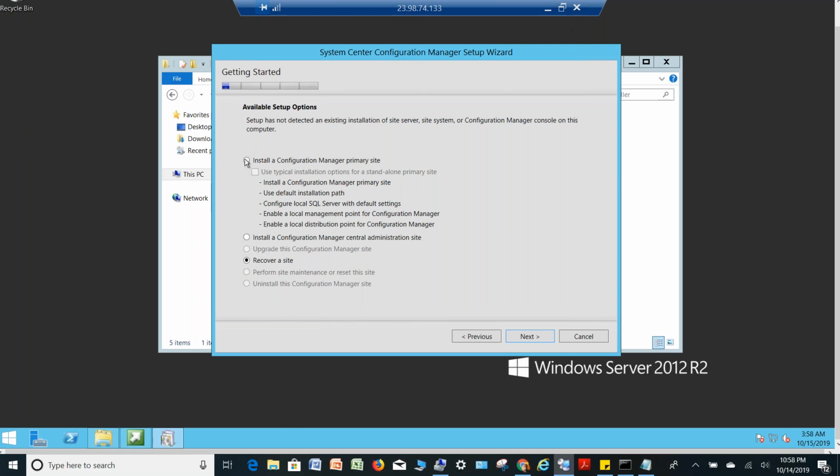I'm going to choose the first option, install a Configuration Manager primary site. You choose this checkbox when you have the database installed on the same server, but we don't have the database installed on the same server. That's the reason we don't have to check this box. Make sure you don't check this box, otherwise you will not be able to install it. Okay, next,